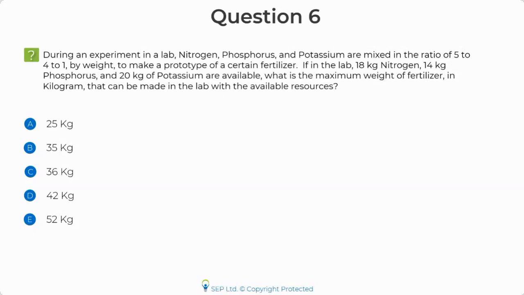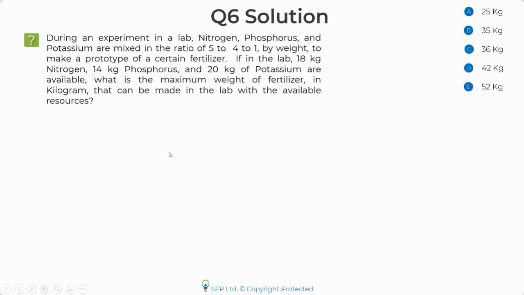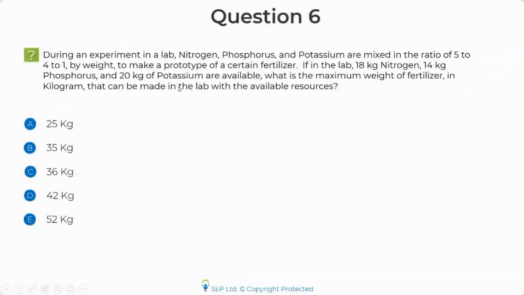Okay, so most of you in this one ended up marking the answer as B. I have again a few of you who fell for the trap and ended up marking C as the answer. So let's discuss. This is a very simple question, not a lot of calculation involved in this. The only thing in questions like these is for you to understand whether you can use all the quantity that is given to you in the question. Can I use all the quantity that is given for nitrogen, phosphorus, and potassium or not?